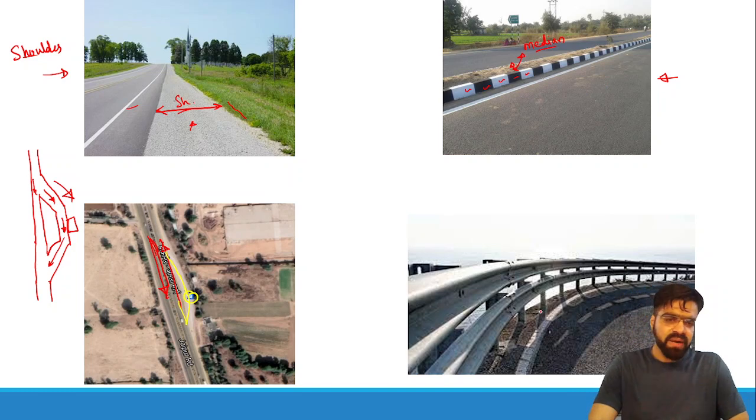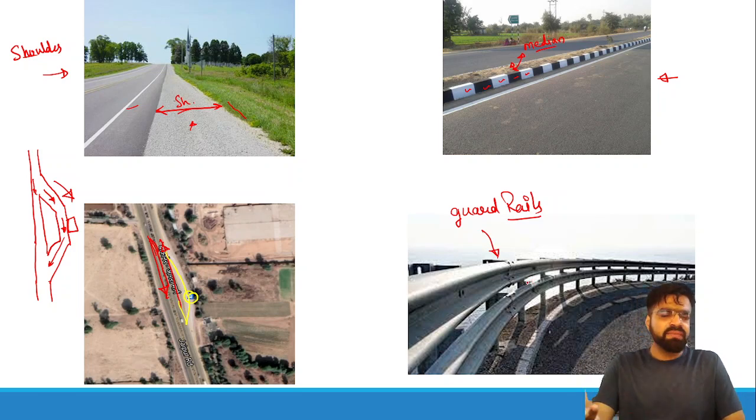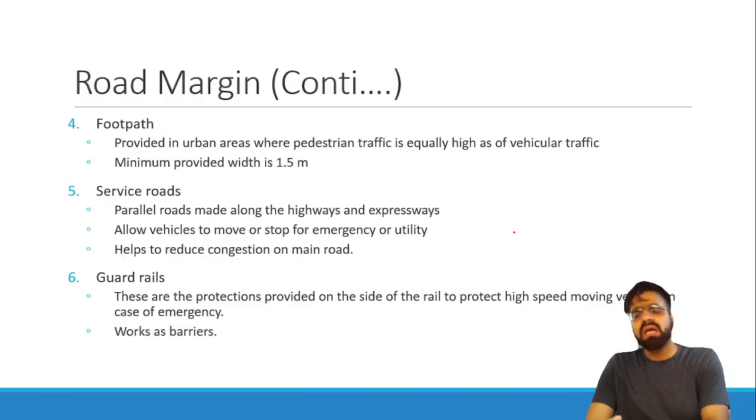Another arrangement provided here is guard rails. What do these do? These guard the vehicle from going away from the road. They protect the vehicle from leaving the road. These rails are provided in order to define the boundary in case of an accident or severity. There should be a footpath where the pedestrian traffic is huge. If it is comparable with the vehicular traffic, there should be a footpath provided with a minimum width of 1.5